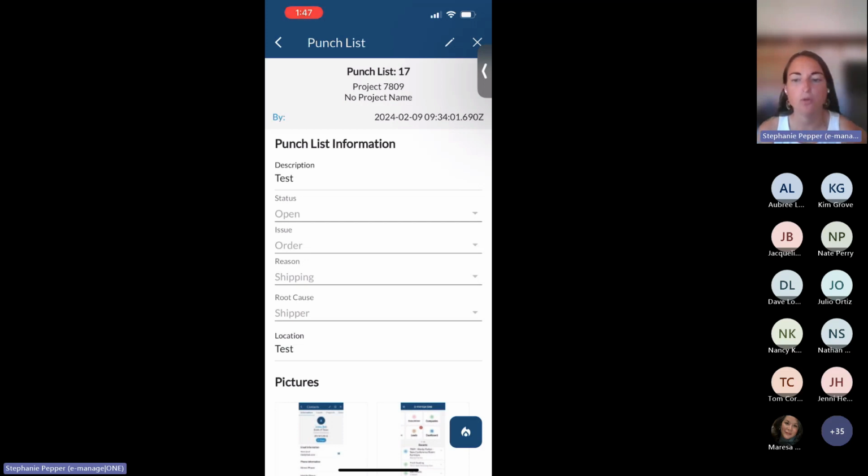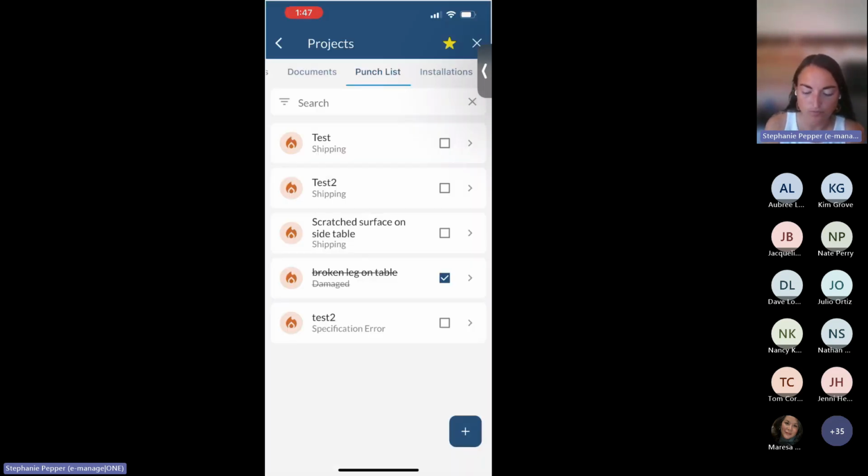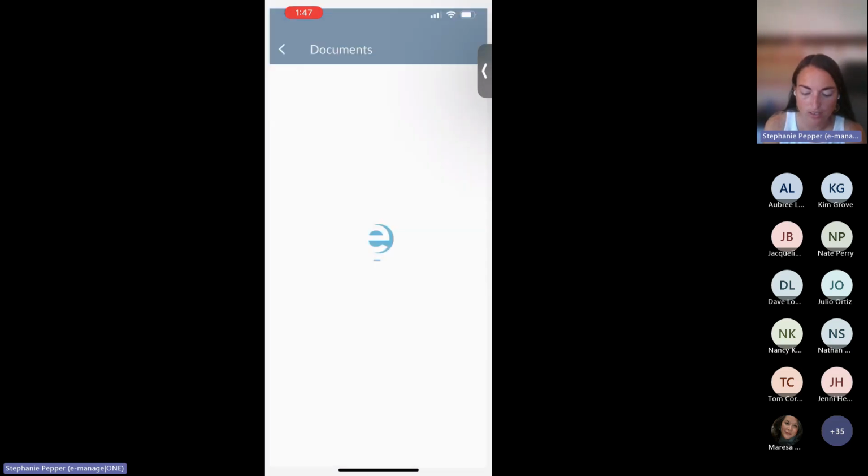Correct. No location on the drawing available. Well, I do have a dealer that has come up with a pretty cool way of doing that. They'll go into the documents, open up the drawing,